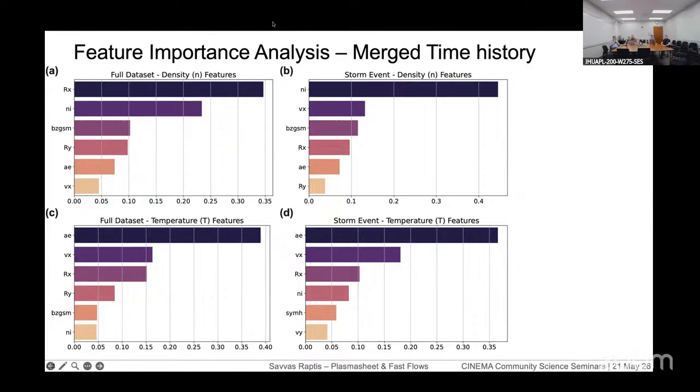Yeah, Habaturkigan is asking how are you defining your quiet time periods? Are you requiring a period of very limited SMR ahead of that? Or I guess how are you sure that your quiet times are not being affected by lingering storm time effects?